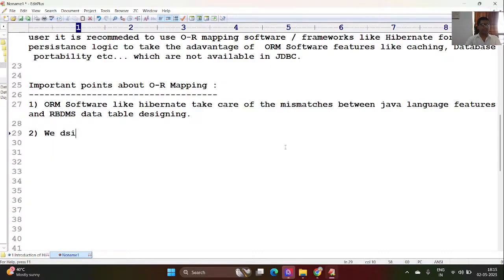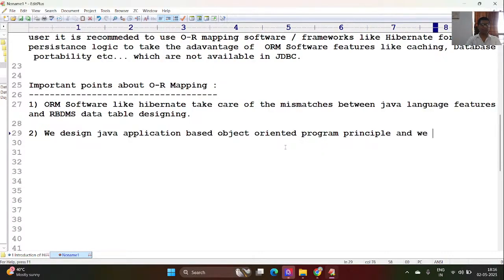Next up, we design the Java application based on object oriented programming principles, and we design the database tables based on normalization rules. In this process